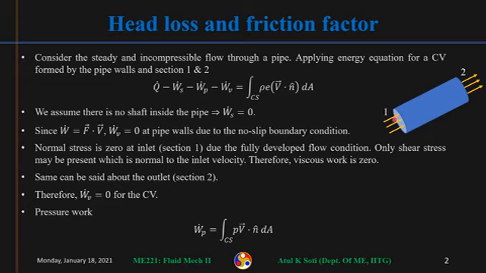Okay, and even if there was any shear stress, on this surface shear stress will be in this direction along the plane, but the velocity of fluid will be normal to this section because flow is fully developed. Only axial velocity will be there, no radial component. So again, even if there is any shear stress, the dot product will be 0, cos 90. So viscous work at section 1 will be 0.